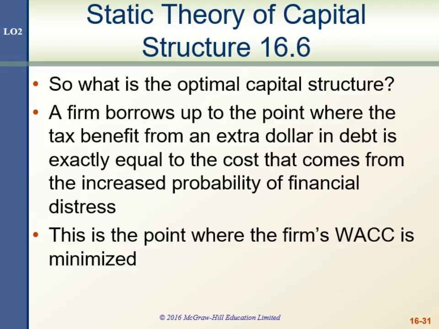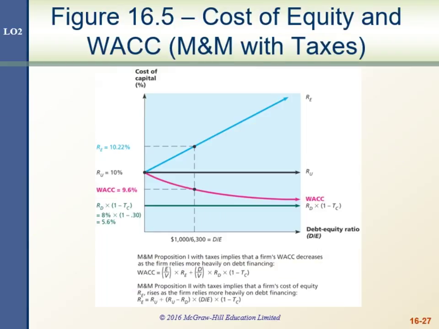That being said, if we look at the static theory of capital structure, the idea of the optimal capital structure, it's somewhere in the middle. Now remember the previous graph we saw, which is back up here. We can see that the weighted average cost of capital is uniformly decreasing, approaching the after-tax cost of debt with no resulting increase. So the minimum weighted average cost of capital is with the maximum amount of debt. If we had an entirely debt-financed firm, the weighted average cost of capital would be the cost of the debt times 1 minus the tax rate, the after-tax cost of debt.